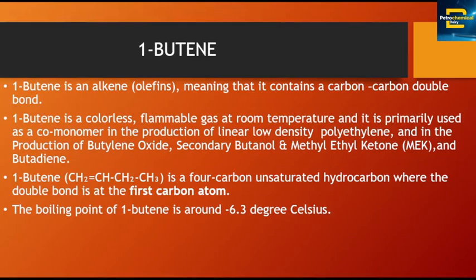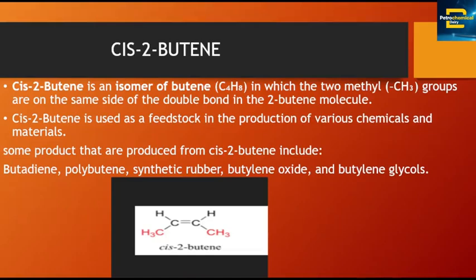What is cis-2-butene? Cis-2-butene is an isomer of butene in which the 2 methyl groups, which are CH3 groups, are on the same side of the double bond in the 2-butene molecule. Cis-2-butene is used as a feedstock in the production of various chemicals and materials. Some products produced from cis-2-butene include butadiene, polybutene, synthetic rubber, butylene oxide, and butylene